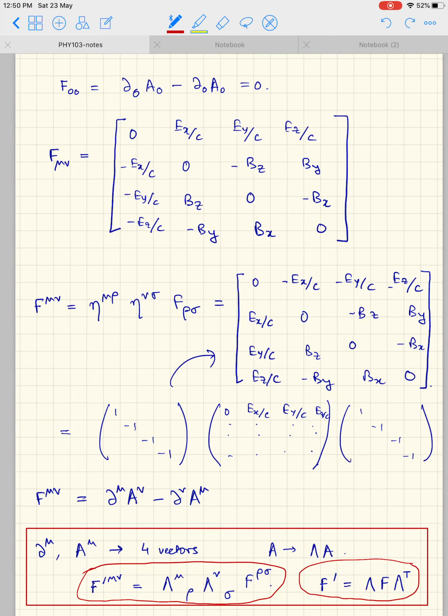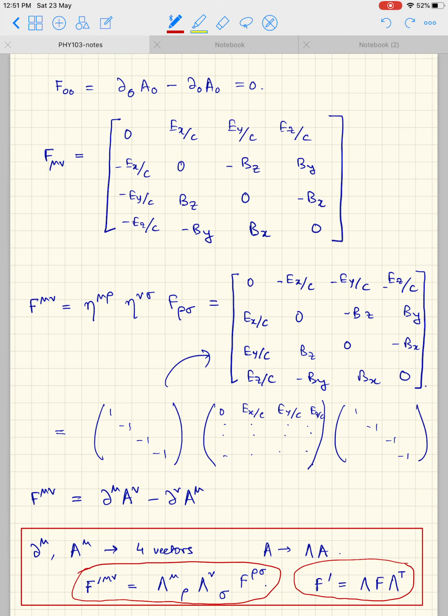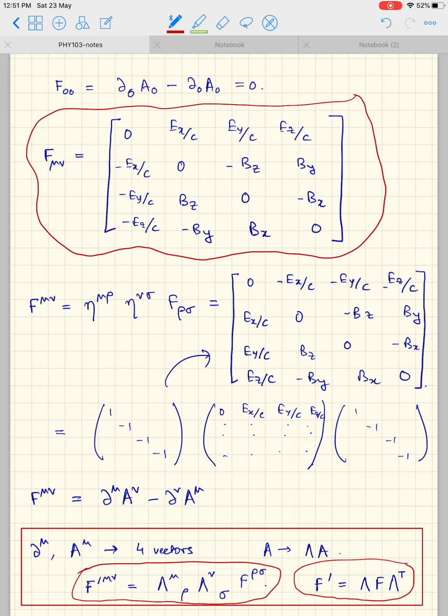So you would remember that when we were looking at special theory of relativity and electromagnetism, we discussed the electromagnetic field tensor that was given by F mu nu, which is of the circle form. When we wrote this down in the matrix form, this F mu nu downstairs became this matrix here. Now, what one of you were asking me, and this is a very valid thing to do, is